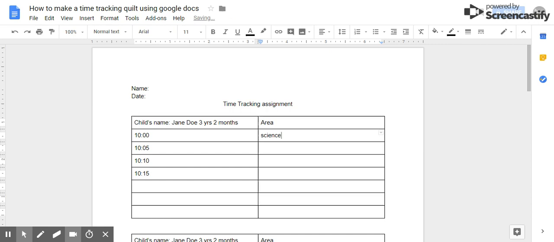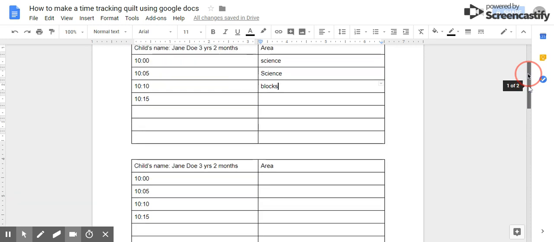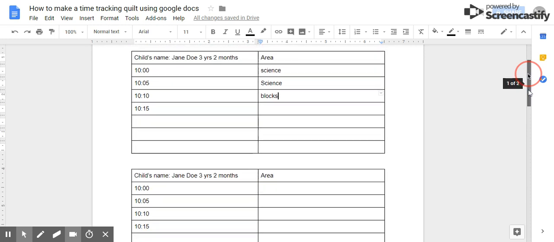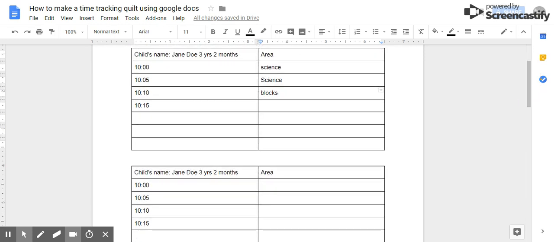So maybe at 10 o'clock, this child was in the science area, and at 10:05, they were still in the science area. But at 10:10, they were in the blocks. So that's how I would keep track of where the children are throughout my observation. And remember, at 10 o'clock, I'm also going to observe,